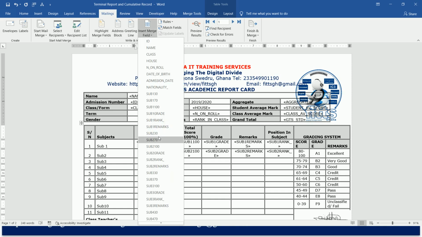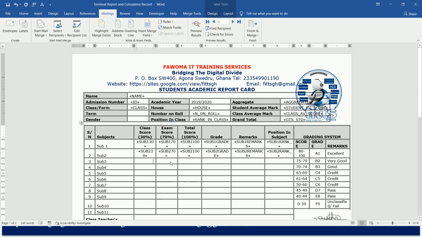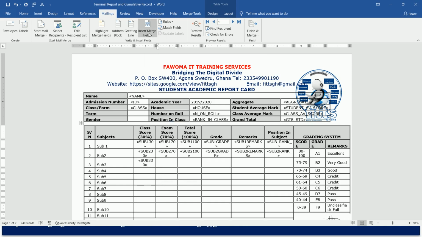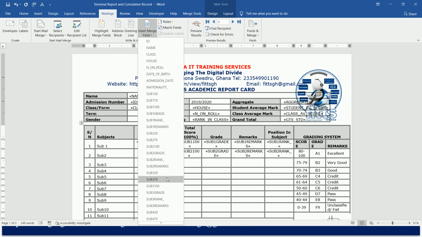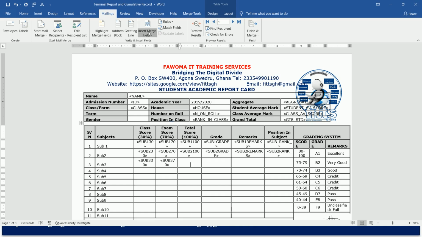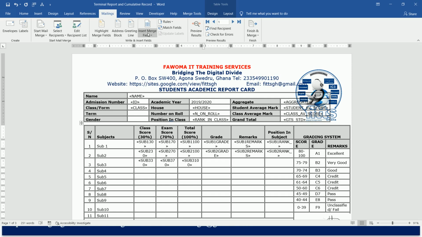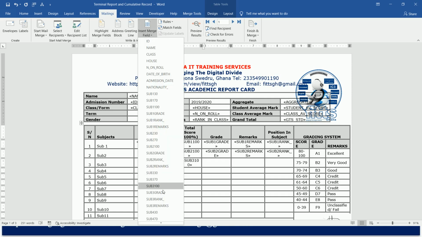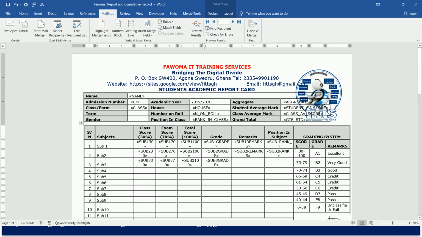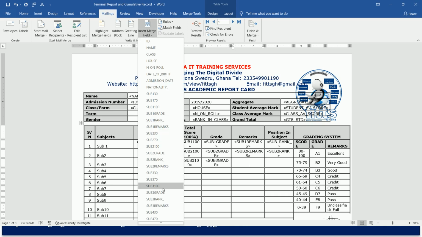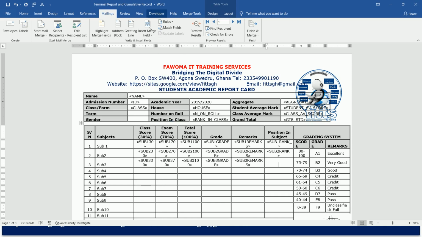So I go down: subject 3, 30; subject 3, 70; subject 3, 100; subject 3 grade. So you have to do that in that order. So subject 3 remarks comes, then subject 3 rank,